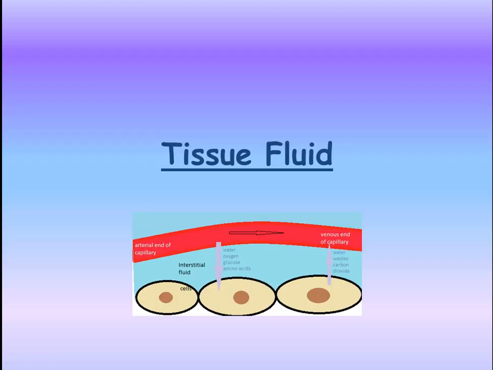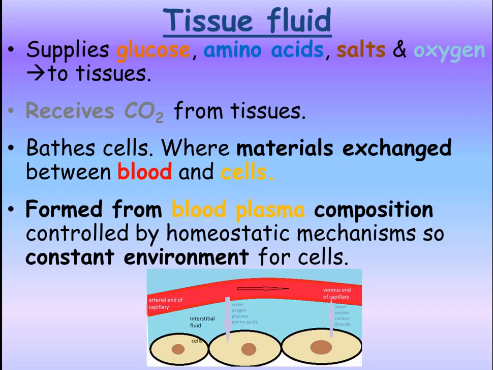Okay, so today's lesson is about tissue fluid. Tissue fluid basically is the fluid that bathes the cells. Between the capillaries and the cells, there is this tissue fluid. And what it does is supply glucose, amino acids, salts, and oxygen to the tissues, and it receives carbon dioxide